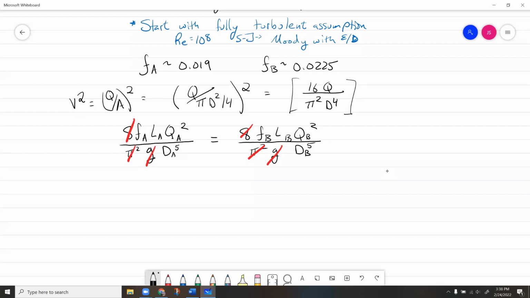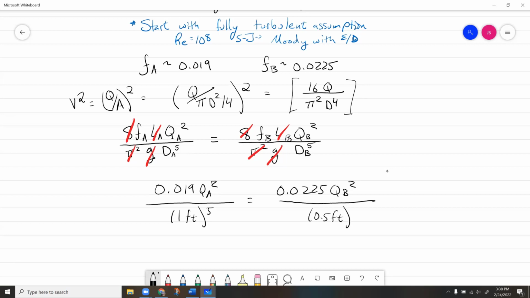Up top, oh yeah, sorry, the lengths were the same too, so we get to cross those out. Okay, life's really easy. So we have friction factor 0.019 QA squared all over our diameter, 1 foot to the 5th, and then our friction factor 0.0225 QB squared all over